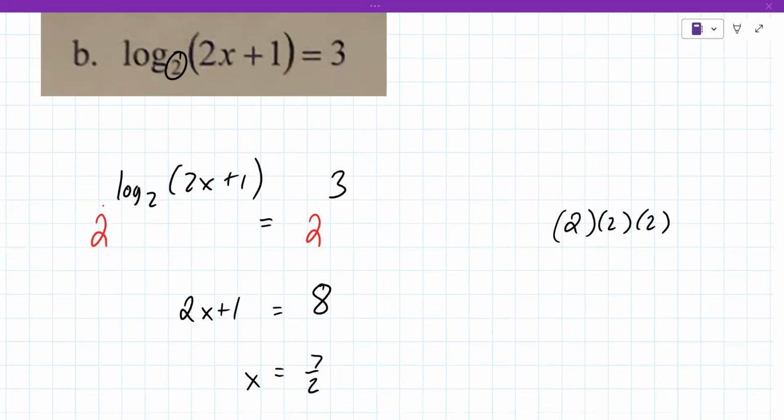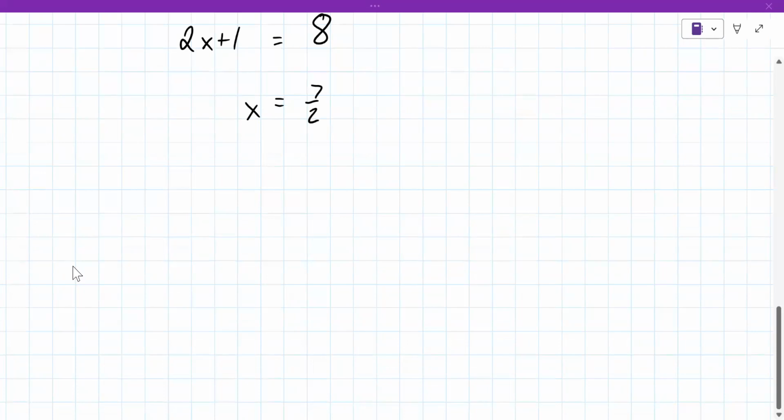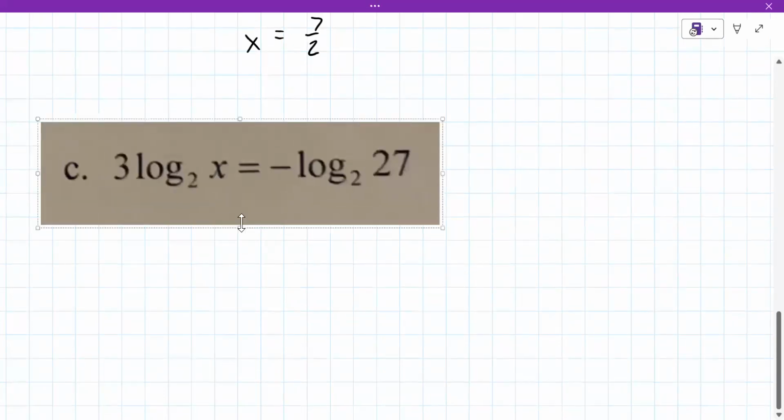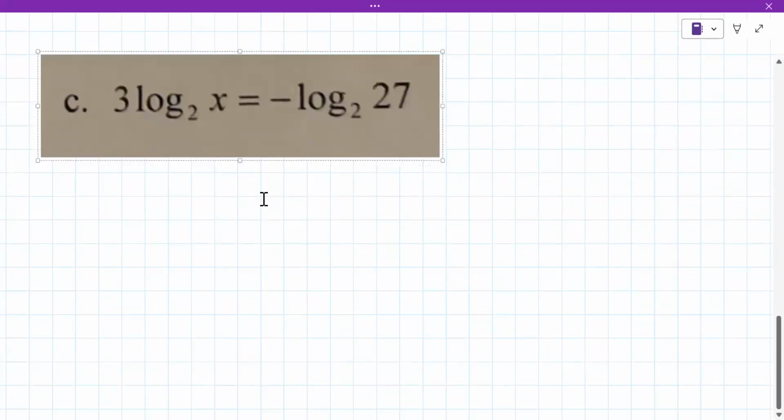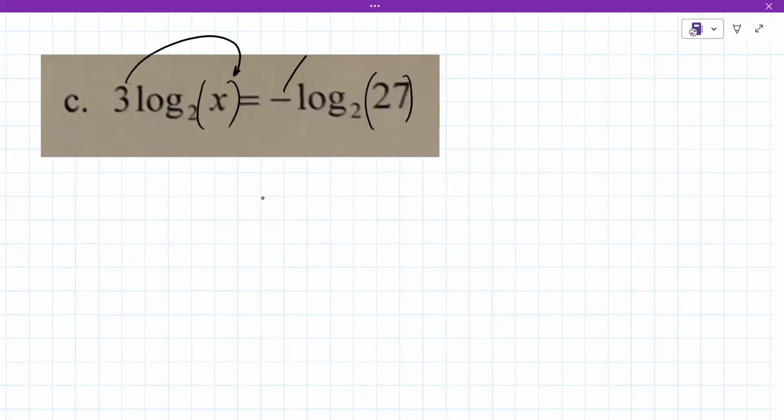All right, part letter C. Yet another kind of variation on this. Notice this problem has logarithms on both sides of the equation. So you have to get everything inside the parentheses, which means moving the 3 here and this negative 1 actually. There's a property that allows you to move the coefficient up as the